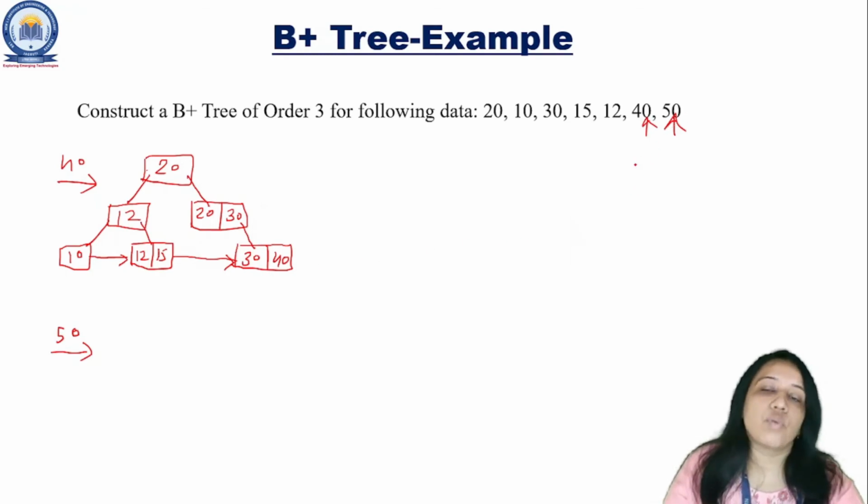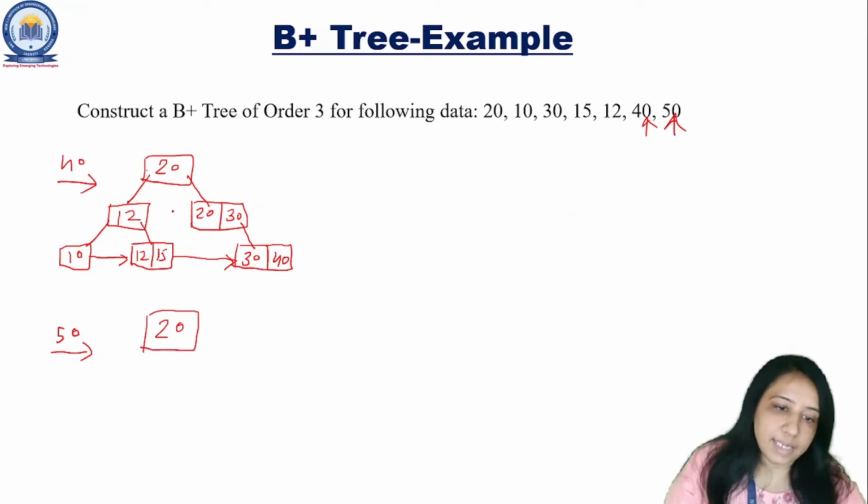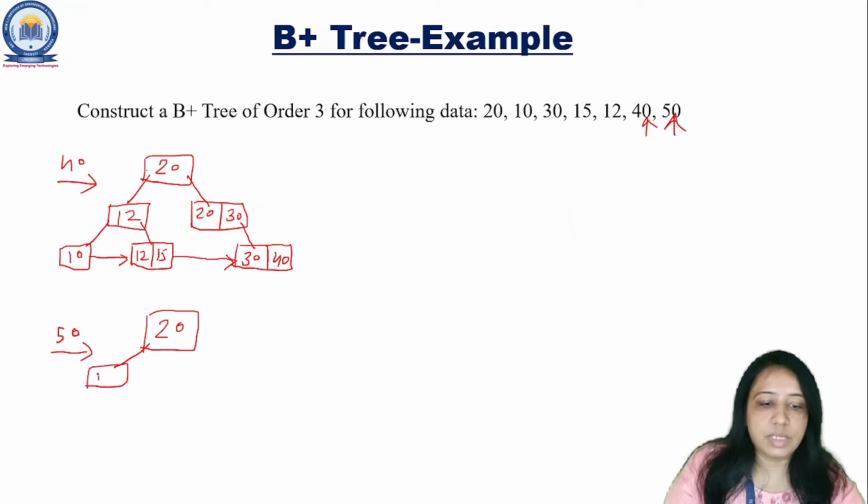Now next is what? A 50. So what happened? The 50 is going to be stored here. But again the 3 keys are not allowed. So 40 has to move up. So in this way, this 20, 30 will come to the left of that. So we just need to draw it: 20, then it should have a 12 as it is. Then 10 here. It should be 12 and 15 here,